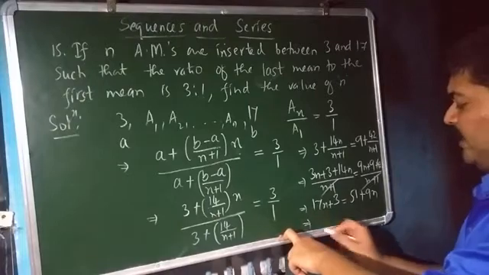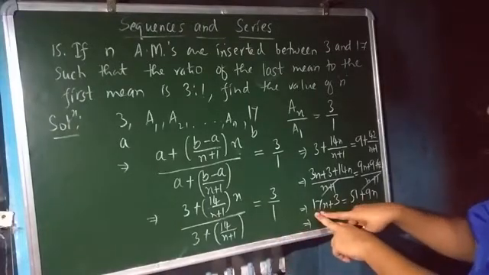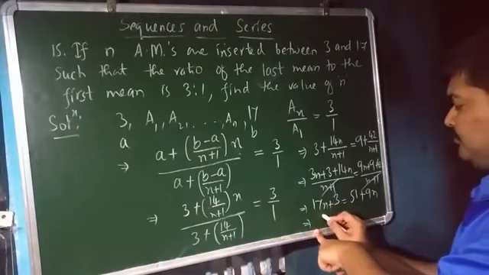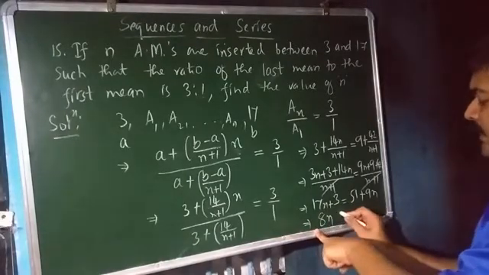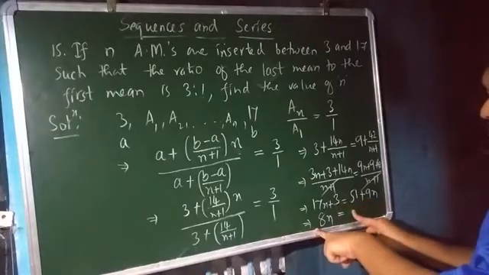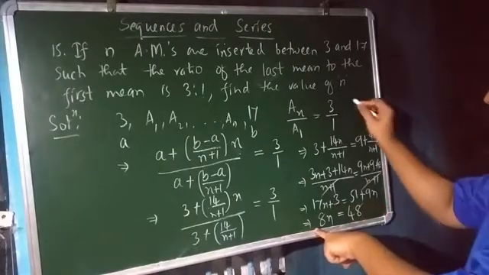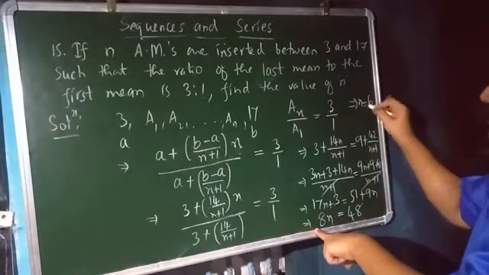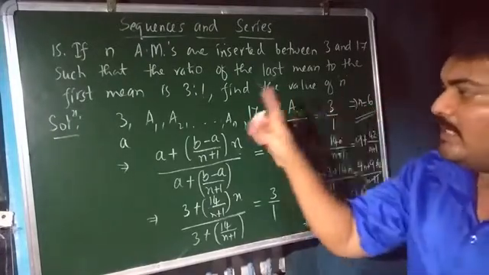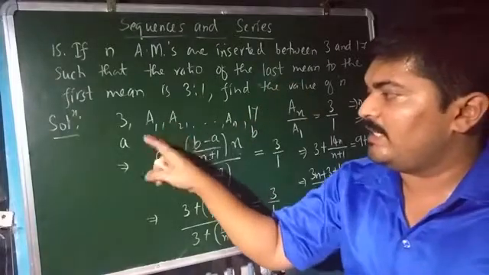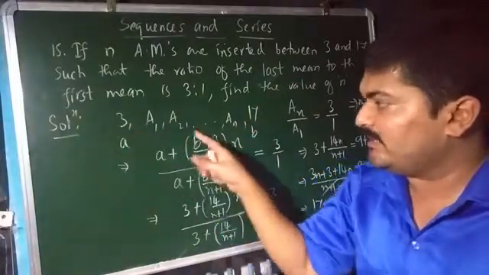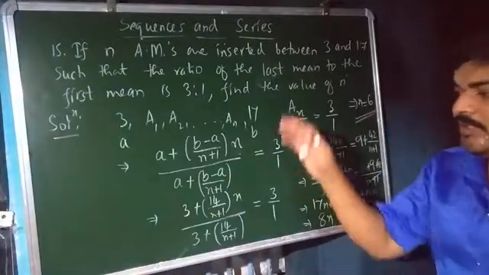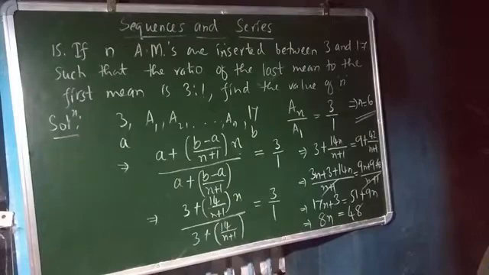Now this implies you are left with 17n minus 9n, that is equal to how much? You will get 8n, isn't it? That is equal to 51 minus 3, that is 48. Now this implies the n value is equal to 48 divided by 8, that is 6. That implies 6 arithmetic means are inserted between these two numbers such that this entire sequence is an AP. I hope all of you understood the solution of this particular problem also.